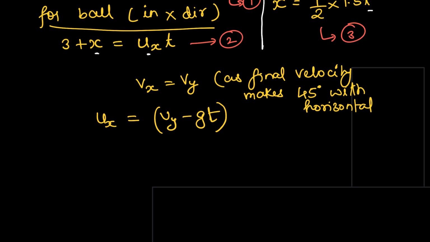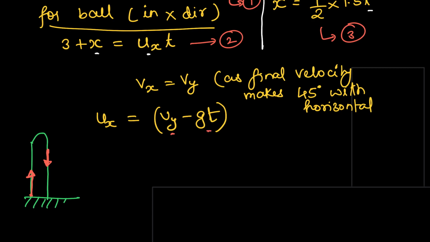I want you to observe this step at this point. We have taken ux as positive. It is along positive x-axis. So our value we are leaving it as positive. Now when you see uy here, this is Vy equal to uy minus gt. So when this body is going up, I am taking only the y component, not the x component. Its velocity is positive, but when it starts coming down, this term gt is more than uy.